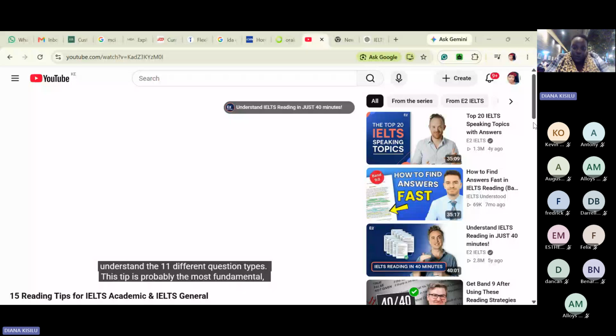That is one thing you need to do. The second thing is ensure you use the skills that you have shared, which are, I repeat, scanning, skimming, and paraphrasing. That way, you will have a concept and idea on what exactly you're going to be doing on that specific passage, and you will save on your time. So in this case, if you're given a passage, you need to know how you're going to divide and utilize your time. The most important aspect is